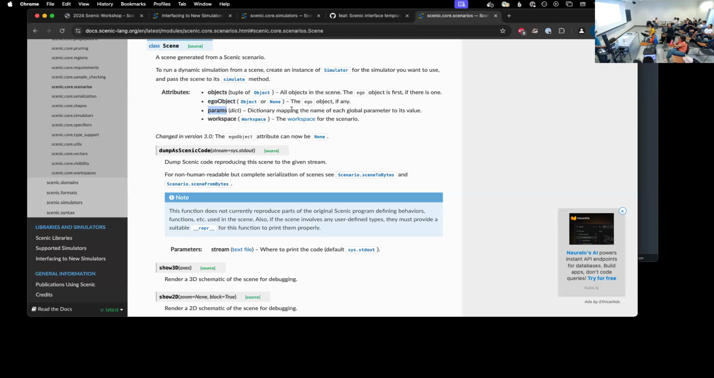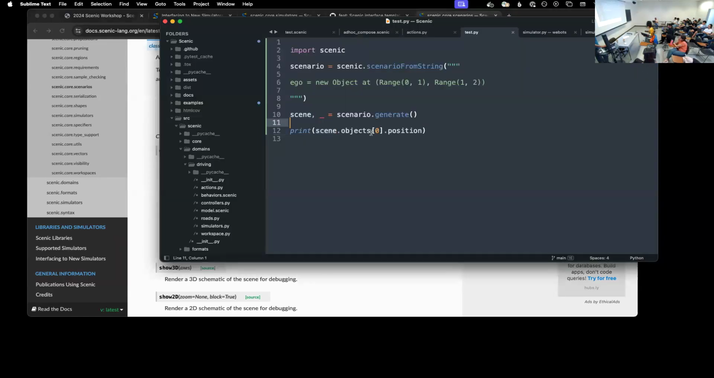You can get a dictionary with all the global parameters, so things like time of day and weather that aren't associated with any particular object. Those can be defined as global parameters, and you can access the sample values for those here. And then also the workspace, which I think you saw in the Colab, is basically just a way of saying which part of the space you can create objects in. So all of these are attributes of the scene object, which you can inspect. So here what I've done is I've said, let's look at the first object and its position. So if I run this,